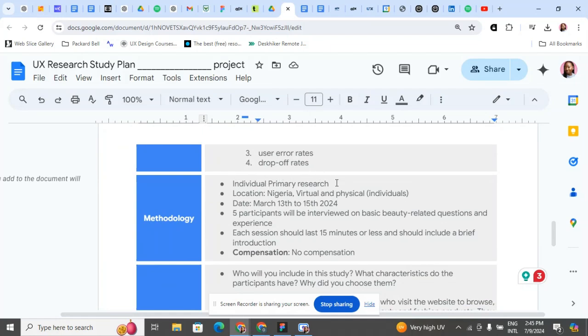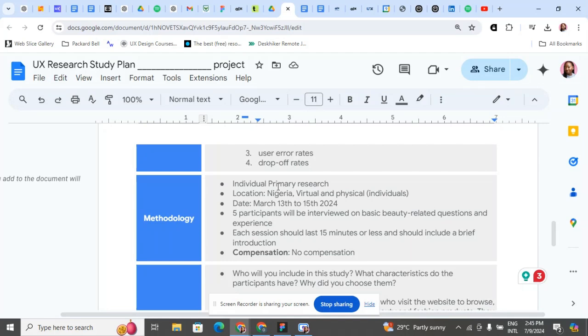So yeah, we're talking specifically about primary research. This template can also be used for usability research, but that will be spoken about later on in this video. So in the methodology, we talk about the location. Yeah, in this particular project,